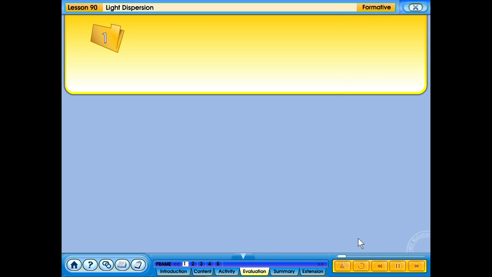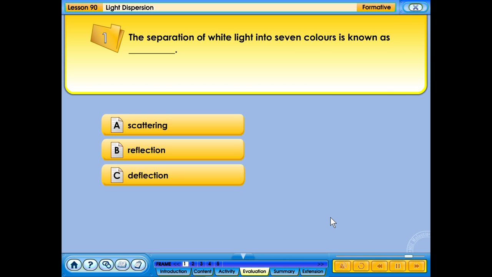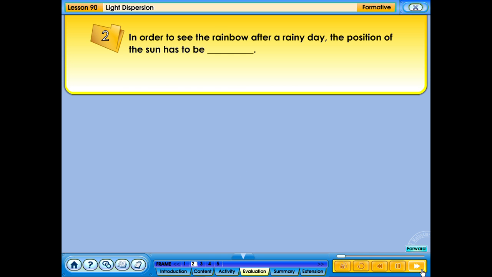Click on the correct answer. The separation of white light into 7 colors is known as A. Scattering, B. Reflection, C. Deflection, D. Dispersion. Your answer is correct. In order to see the rainbow after a rainy day, the position of the sun has